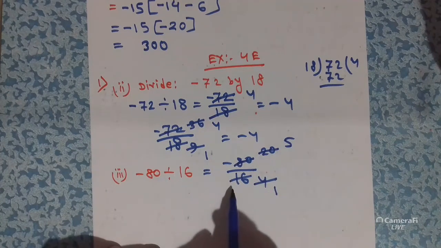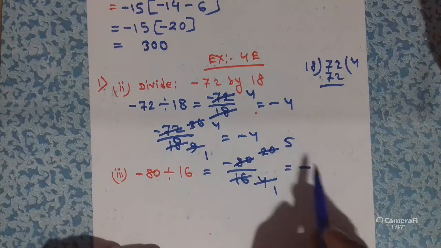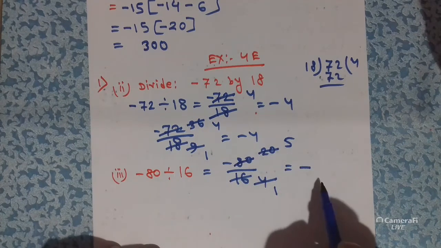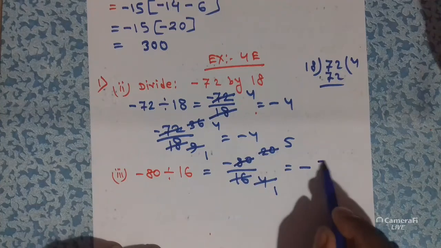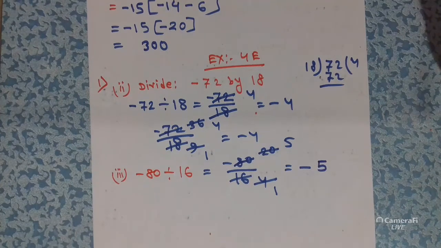And the numerator is negative and denominator is positive, so it will be negative, and it should be 5 by 1. But students, 1 as denominator has no value. Okay, 1 has no value when it is denominator, so we can write 5. So minus 5 is the answer. I repeat once again that you can solve it directly, or you can divide it part by part. Okay, I hope you understood. Now I am going to show you another one.